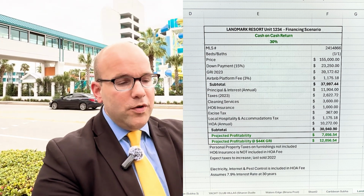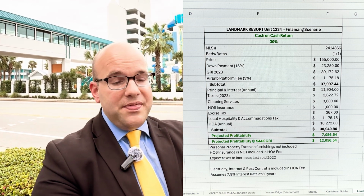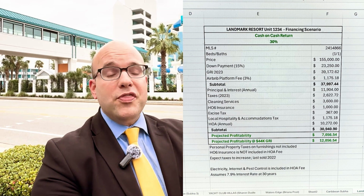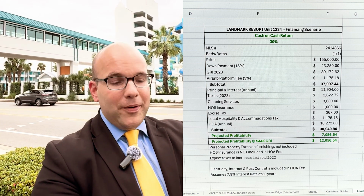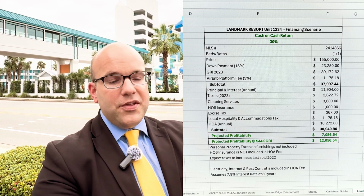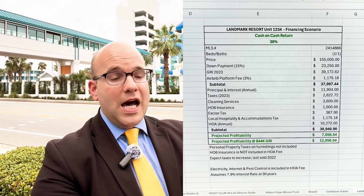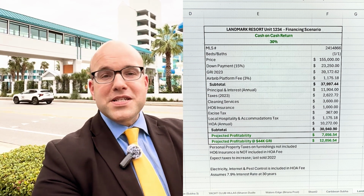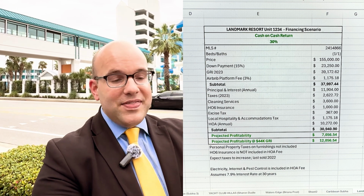Now, moving right along, your annualized HOA dues were a total of $10,272, bringing you to a subtotal of $30,940.90 for your operating cost. Now, if you subtract that $30,940.90 from the subtotal up top of $37,997.44, you are left with a projected profitability of as much as